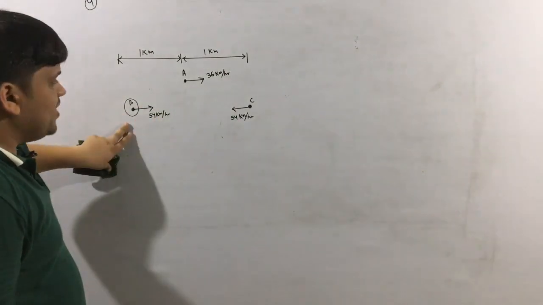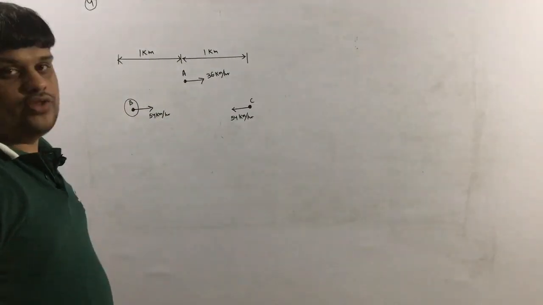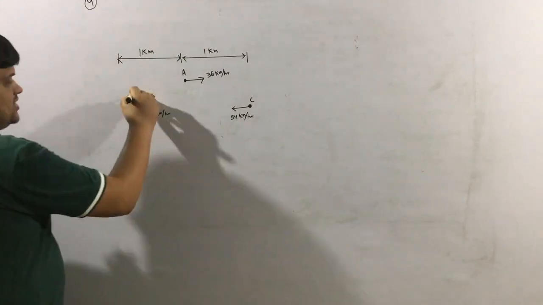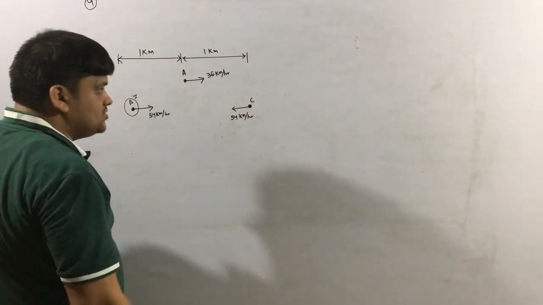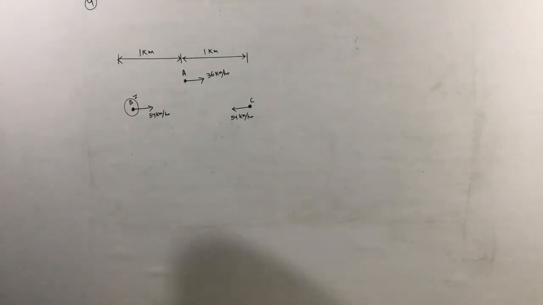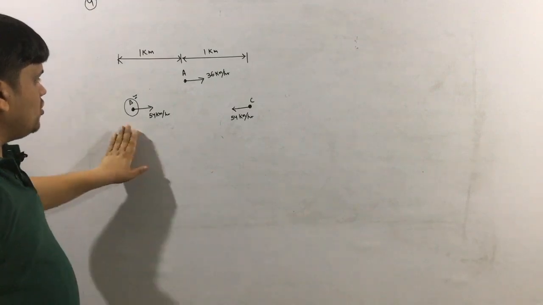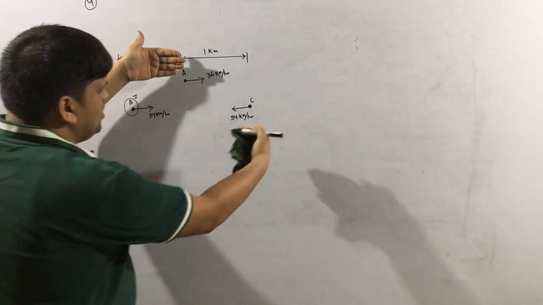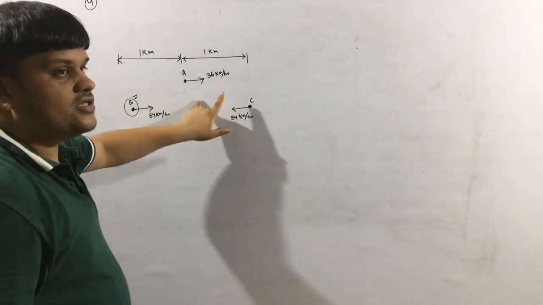But now the car B wants to overtake the car A before the car C is going to do that. Is it clear? So he is like competing with C, who is overtaking the car A first. So the question is, if like this they will move, car B cannot overtake car A because they both have same speed, but these two are in opposite direction. So obviously car C will overtake the car A first.